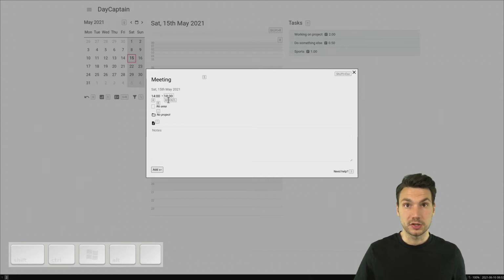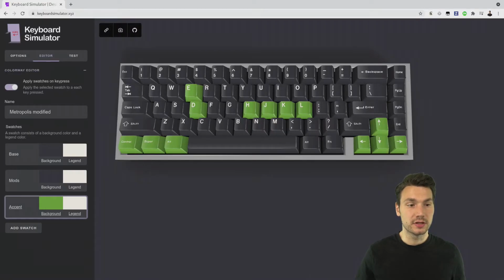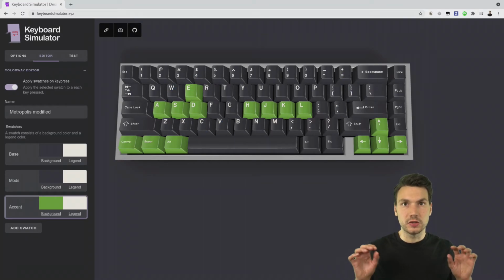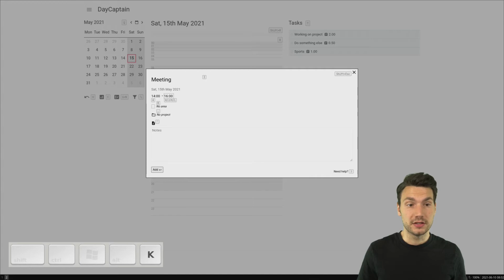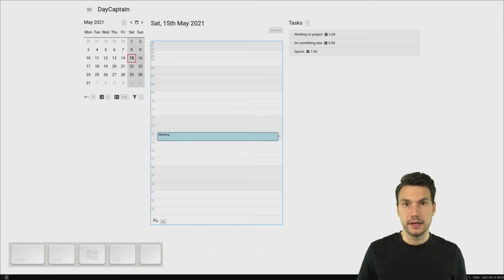We press D for selecting the end time, A for the start time. And if we think again of our keyboard, this is easily reachable on just our home row here, where once we get used to these hints, it's very quick to press these for touch typing. So for example, that meeting should be from 2 to 3, and I press enter, and then it is inserted